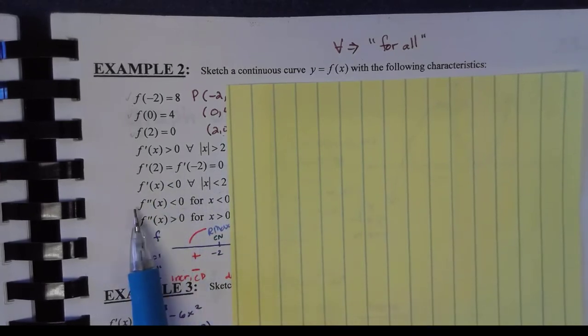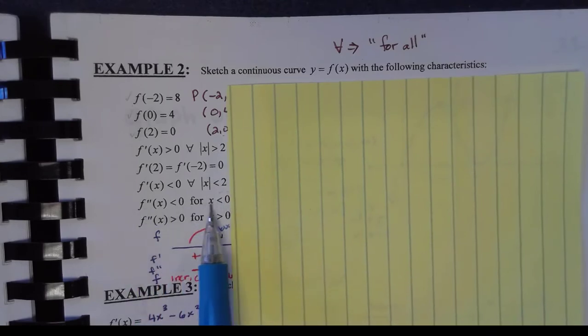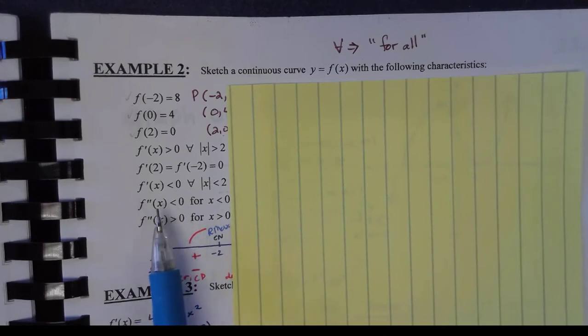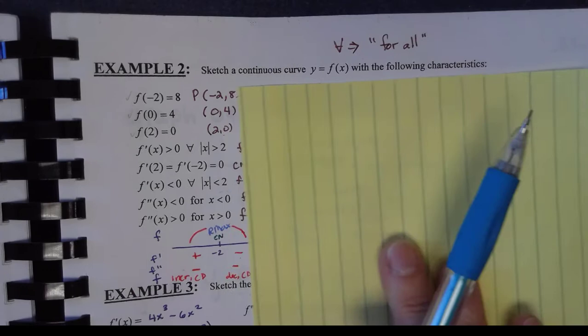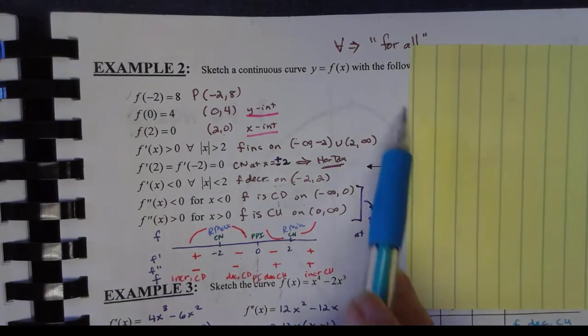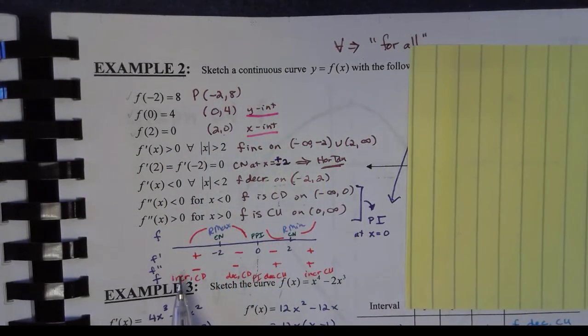The second derivative is negative for values of x that are less than 0, which tells me when x is less than 0, f will be concave down. The second derivative positive for values of x greater than 0 tells me f will be concave up when x is positive. So if we take all of this information and put it on a little line here,